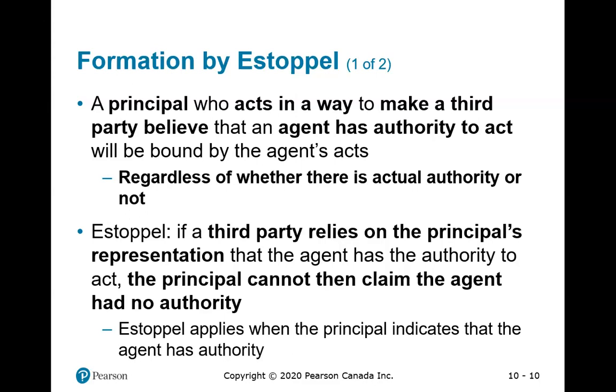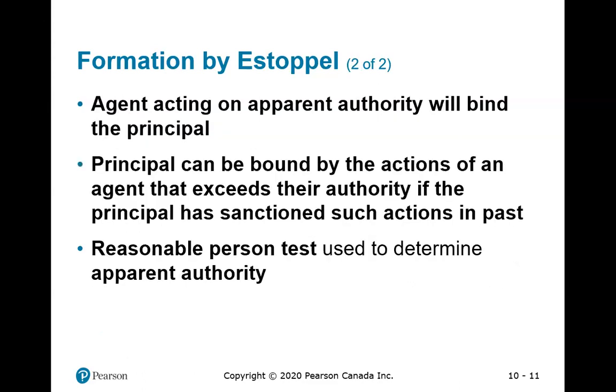Does it make sense? So the difference between apparent and actual authority, this is what you should know: an apparent authority does not require actual authority, because it's apparent to the third party. Was there apparent authority or not? Well, courts will apply the reasonable person test. Is it apparent to a reasonable person that that agent has authority? That's the test they will apply, if needed.